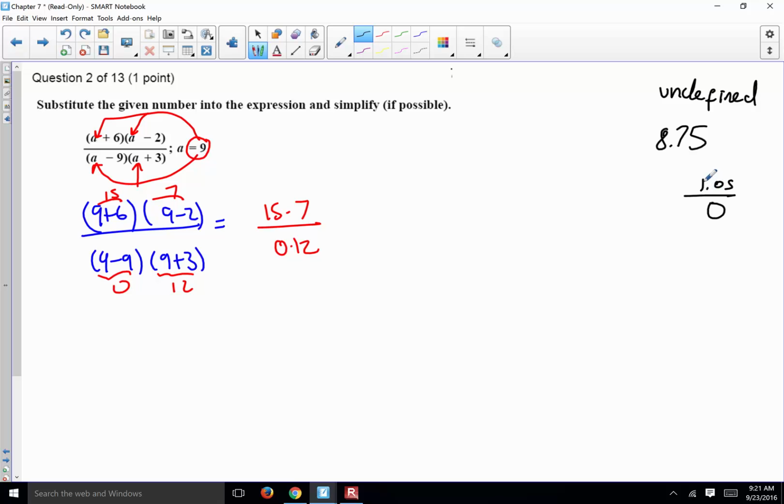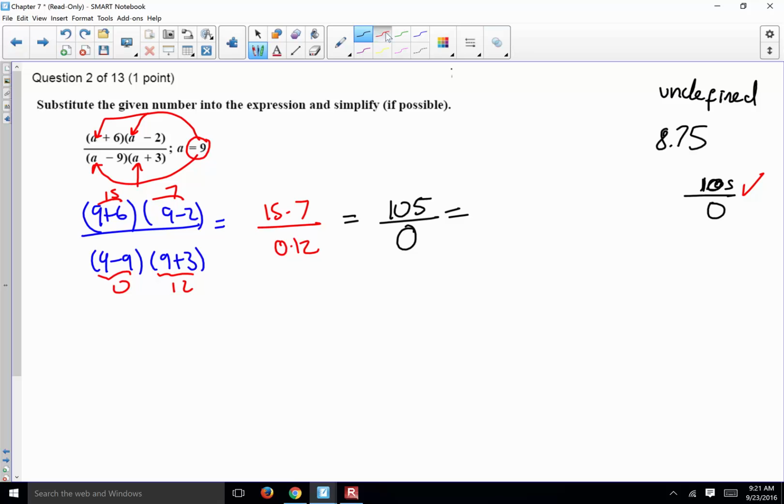Oh, you meant 105. Okay. And you got on the top 105. And on the bottom, 0 times anything? Okay. This answer seems correct, but technically you can say more about a number divided by 0,